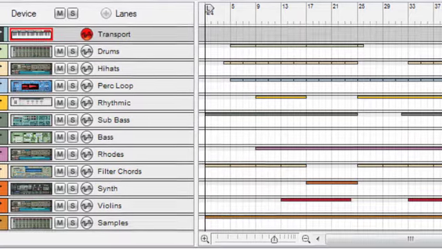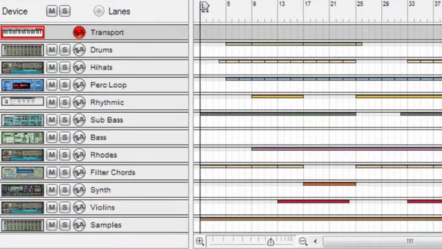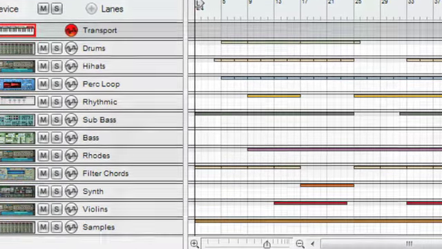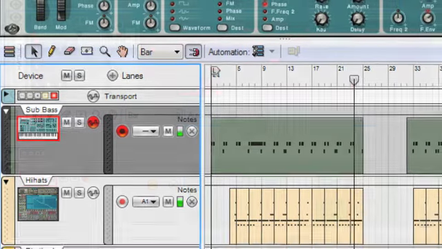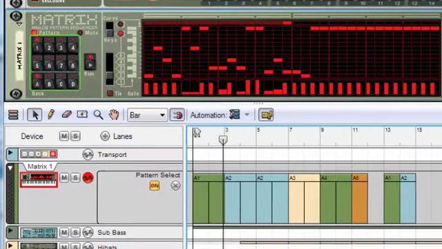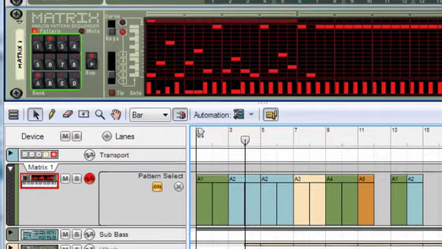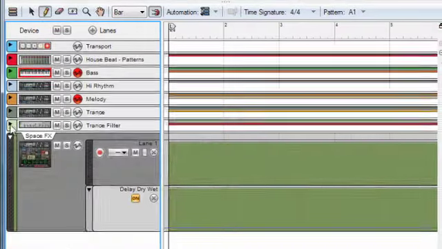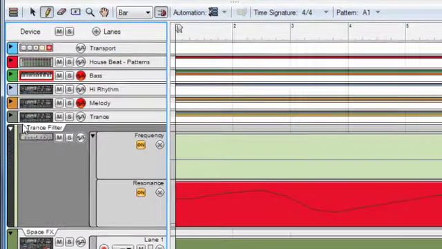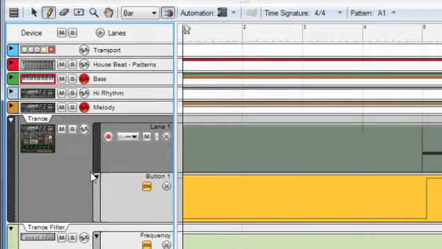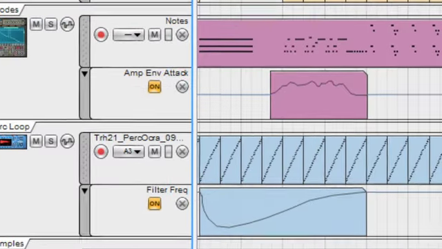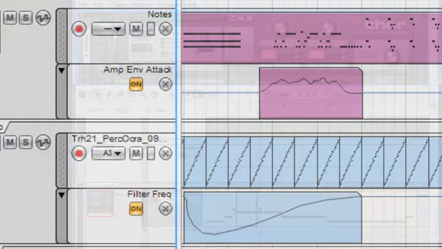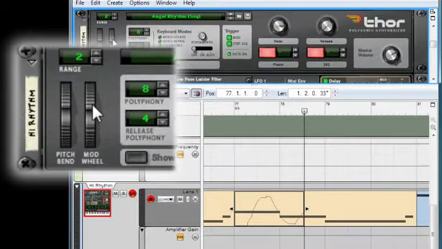Just visually looking at the Arrange page, we can see that tracks have single lanes in the sequencer. Most devices that can be played have note lanes by default. Some pattern-based devices, such as the Matrix, have pattern lanes by default. We can more easily see the multiple lanes on tracks by unfolding the tracks using the arrows on the left of the track. It's perfectly obvious now what kind of data is contained in the clip, whether it be notes,